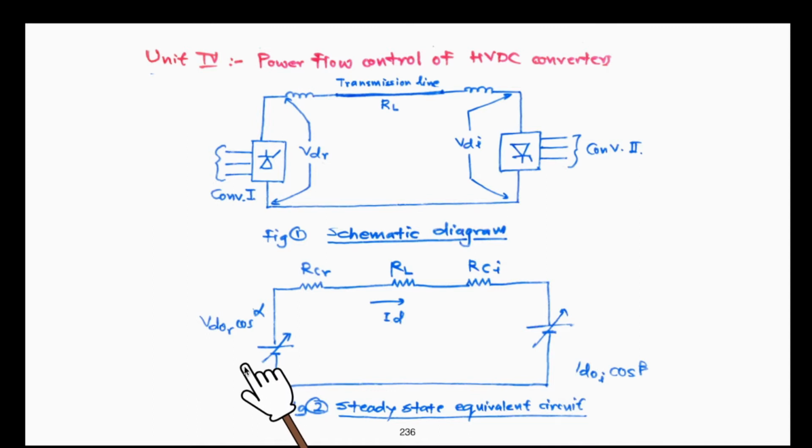So voltages at the rectifier end and the inverter end, these are dependent upon four parameters. So first parameter is the VD0R, second parameter at the inverter end VD0I. That means we know that equation, 3 root 3 Vm upon 2 pi, isn't it? So Vm, that is the peak phase AC side converter transformer voltage, that's the AC voltage. So these two terms, these are voltage, AC side voltage dependent terms. Converter transformer AC side peak phase voltage, these are peak phase voltage. So these are voltage dependent terms.